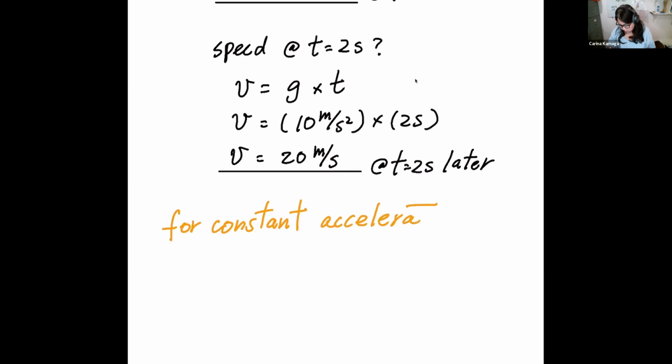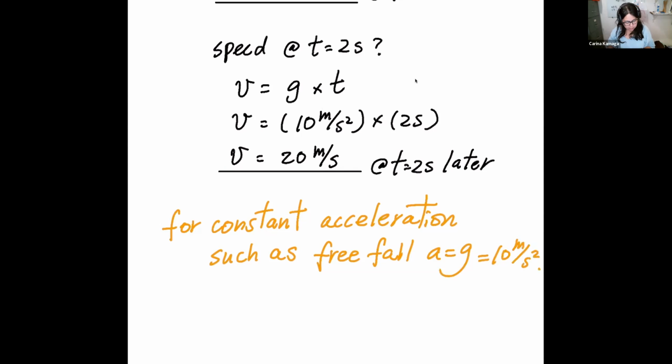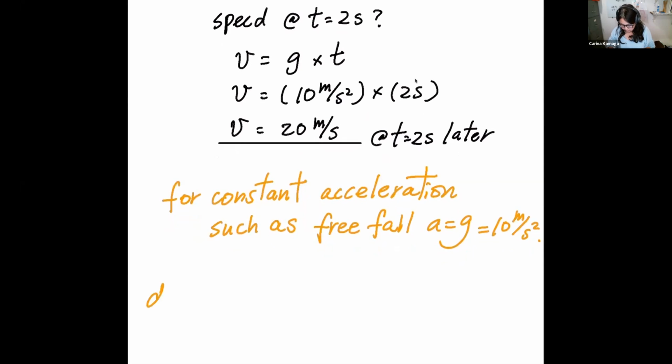But for constant acceleration, such as free fall, when acceleration is g, that's 10 meters per second squared, then the distance traveled